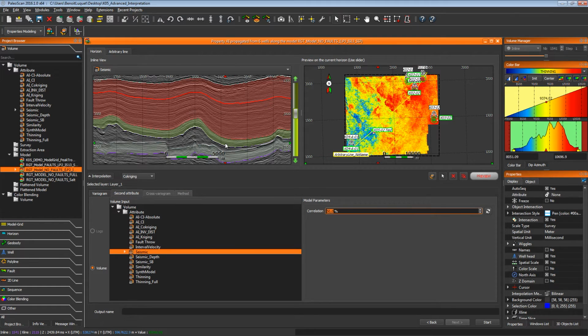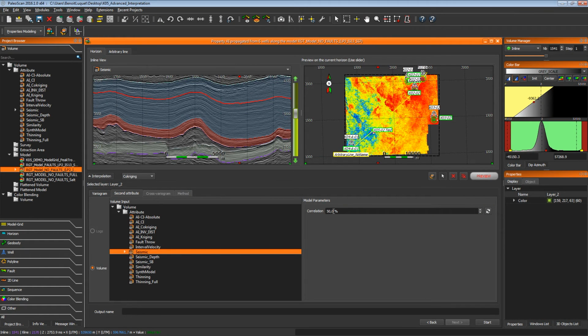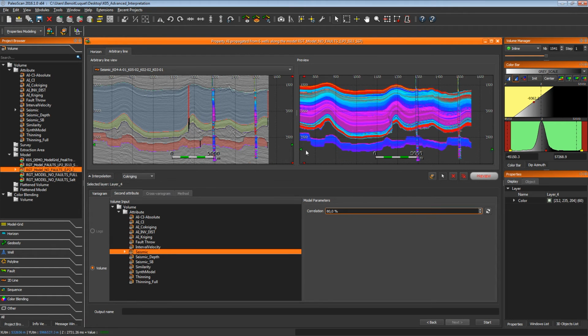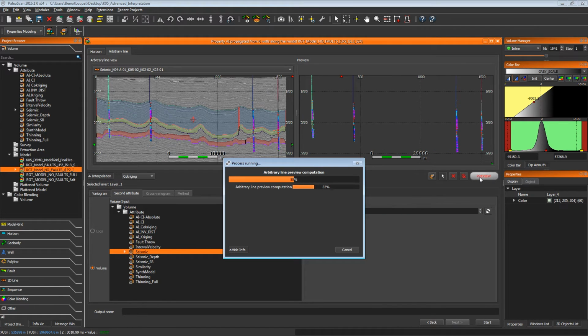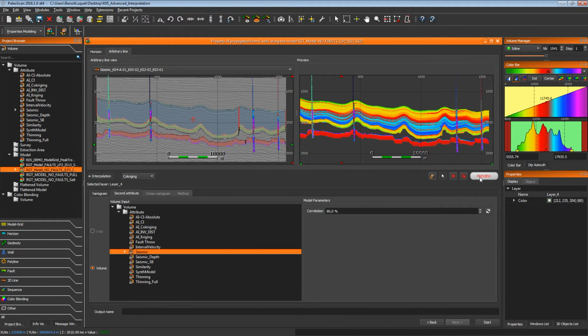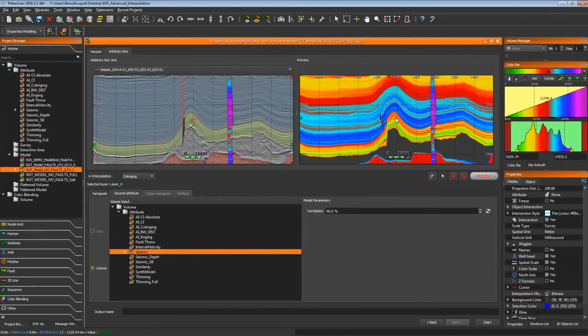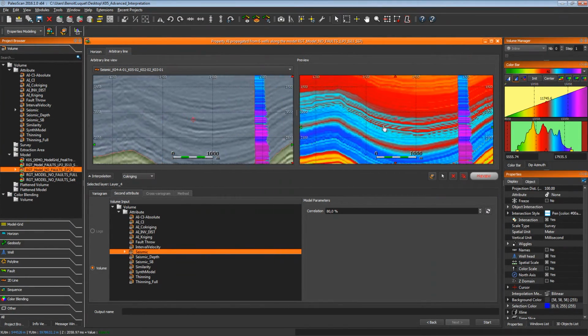We can as well change the layer and define new parameters in this layer to get a different result vertically. So we can also get a preview along an arbitrary line with co-kriging method. We just compute it and we can get the same color bar as the well-logs data for the volume, and we'll see that the result is relatively consistent with the well-logs data, but it shows some lateral variations which are relatively close to the seismic.